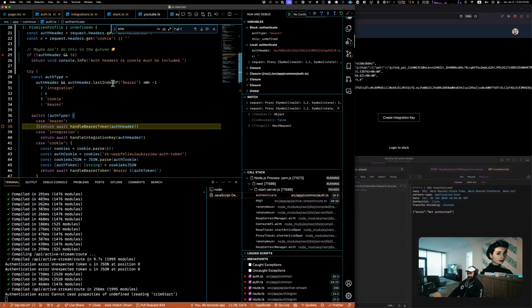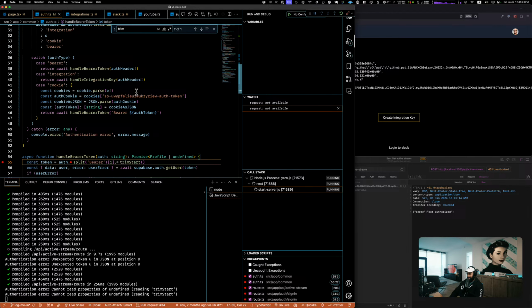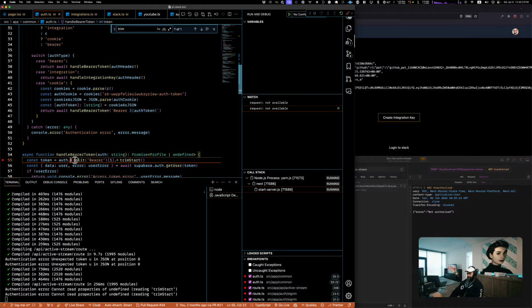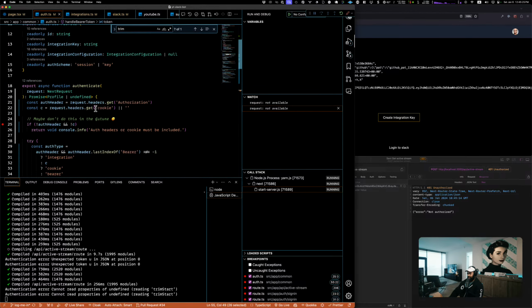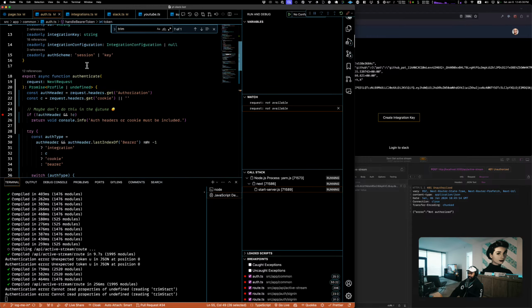I don't understand why this didn't come back as integration then. Oh, okay. I see what's going on. All right, I guess I am going to rejigger the logic just a little bit. That way I won't even have to do this over here anymore. So I'm going to do all of that up front. I'm going to get my auth header, and then I need to determine what type of auth this is.